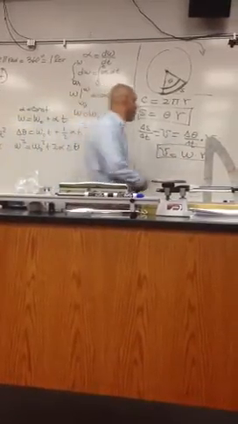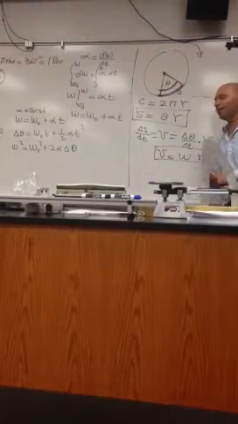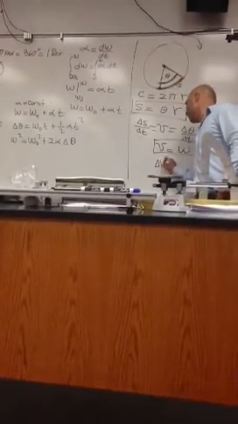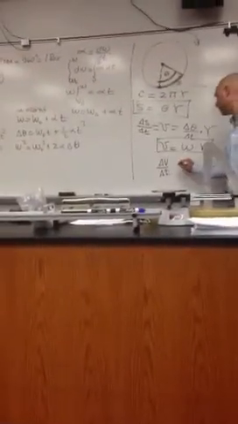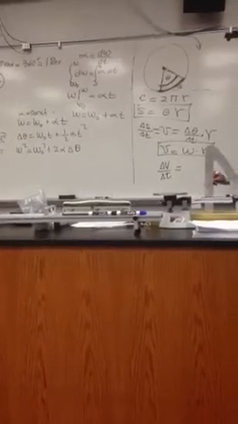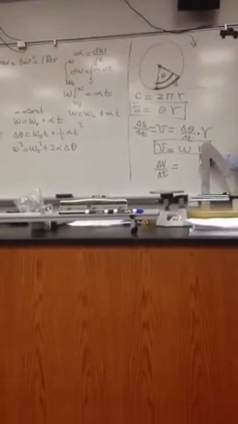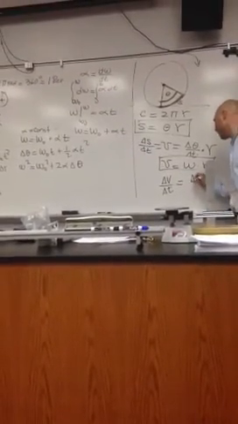This is the next. What will happen if V changes over time? Delta V over delta t. What will change over time as well? This or this? Omega. So we get delta omega over